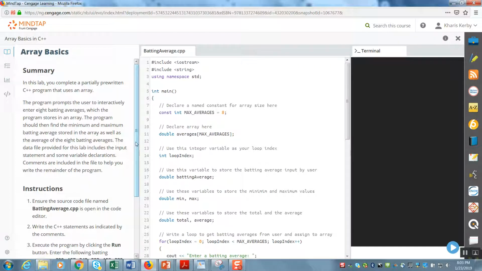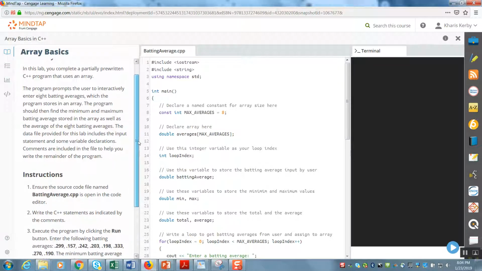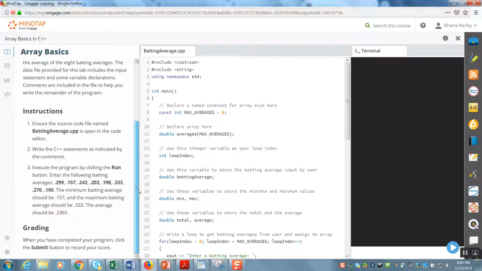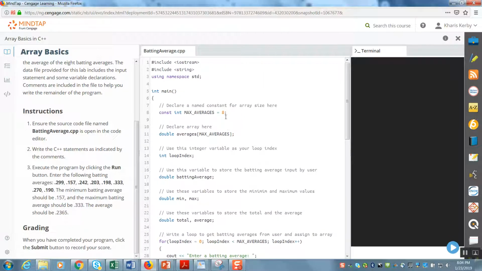The program should find the minimum and the maximum batting average stored in an array, as well as the average. So your program should accept 8 batting averages, right? It should compute for that. The data file provided for this input contains a couple of declarations already. I have my array. It's called averages. The size of my array would be 8 because I use that one here at the top